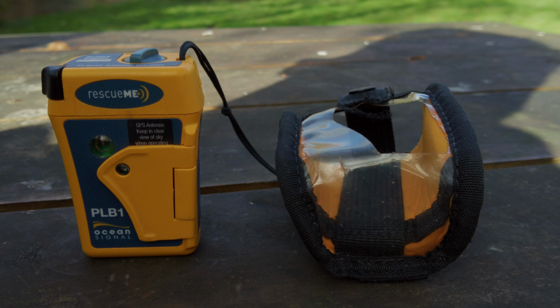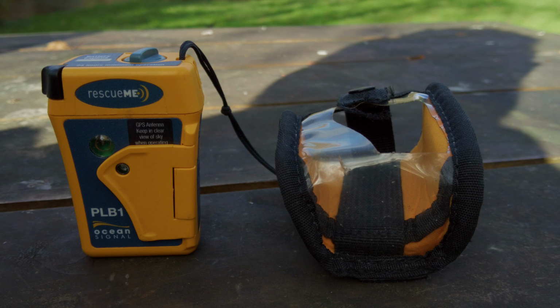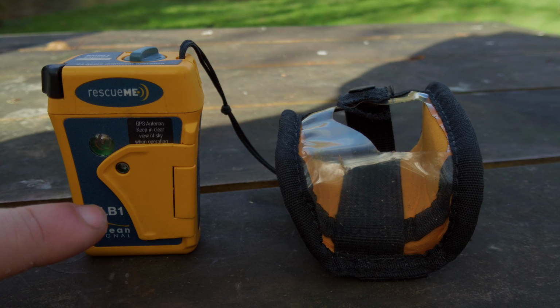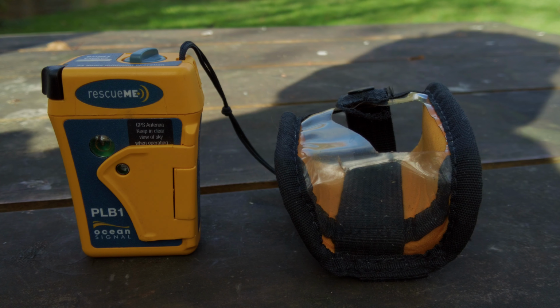So if you are finished with the beacon and you're no longer going to use it, say the battery's expired and you don't want to replace it, go online. I'll put the website address on the page here. I think it's beacons.org.nz. Find the right place to dispose of that in the correct manner. If you've got it in the pack or on your bag, just make sure that there's no access to this latch here. Either keep it in the pouch or strap it up in some way